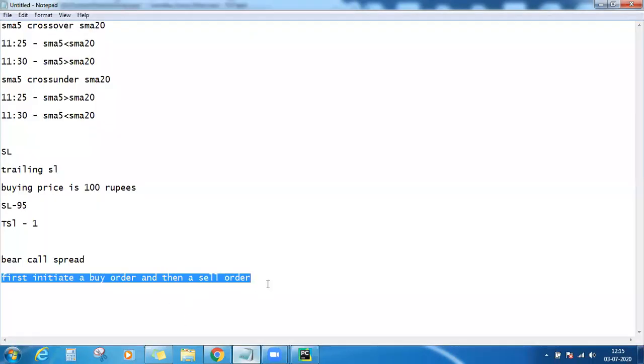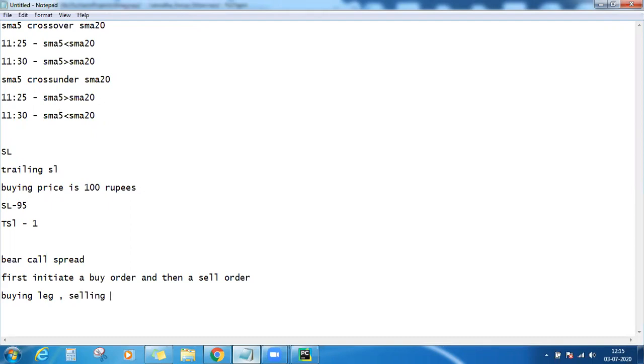And as I told, if you are initiating any spread strategies, earlier these spread strategies had one buying leg and one selling leg. For this selling leg, you had to deposit a hefty margin earlier. Now that has changed. The same bear call spread, earlier the margin required was somewhere around 1.5 to 2 lakhs. Now it is close to 40,000. So margin is heavily reduced now.